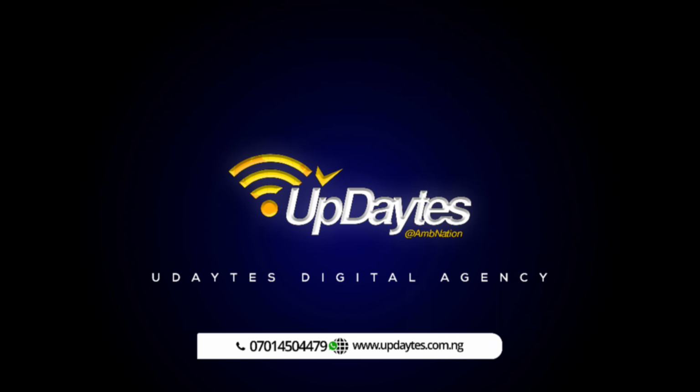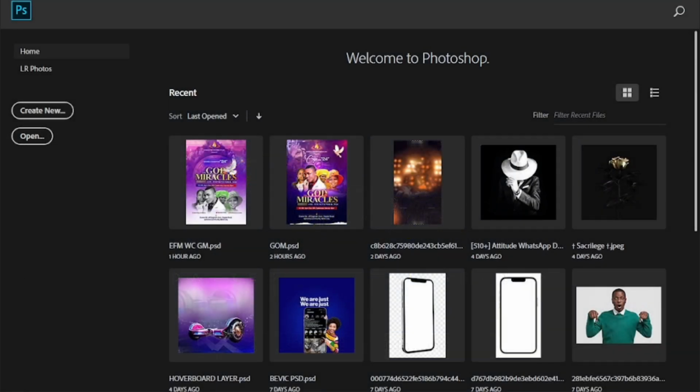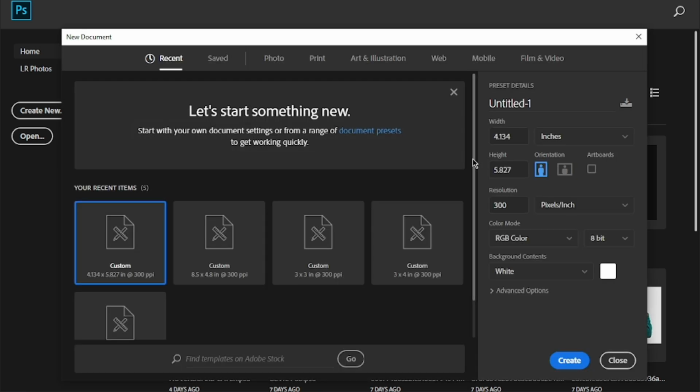Alright, let's look at how to create a very simple gold text effect once again. So first, you go to your Photoshop and take a new page layout, Ctrl N. So here you take the size of what you want. So I'll just go with 4